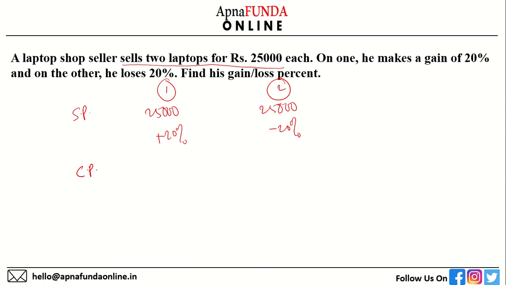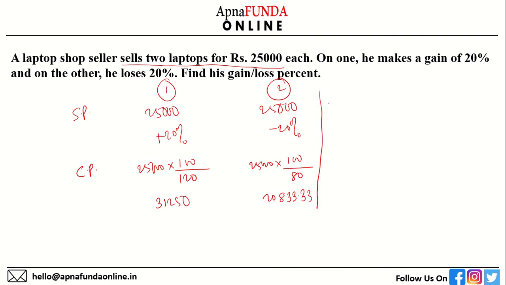We know the cost price formula, selling price into 100 by 100 plus profit. So 25,000 into 100 by 120 in this case. Similarly, 25,000 into 100 by 100 minus 20%, which is 80. So my final cost price in this case will be 31,250 and in this case will be 20,833.33. So I have total selling price as 50,000